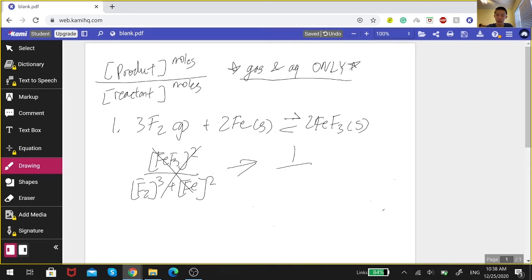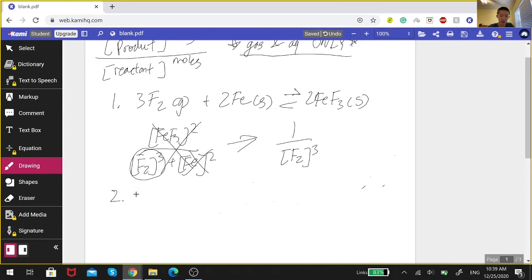And over here, Fe is a solid, so we're not going to use that, and we're only going to use F2 raised to the third power. So this is the formula that you're going to use to solve for the equilibrium. And the same thing goes for if the reactant doesn't have any gases in there, you'll just write 1 over whatever the products are. And we're going to show that in your second example, which is